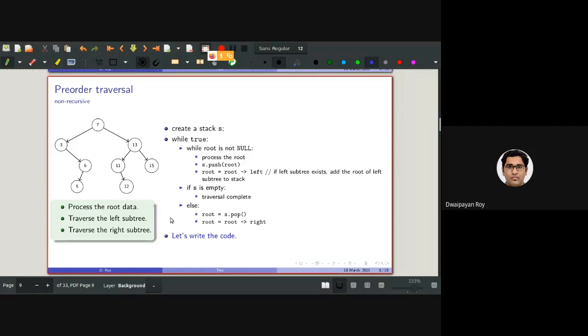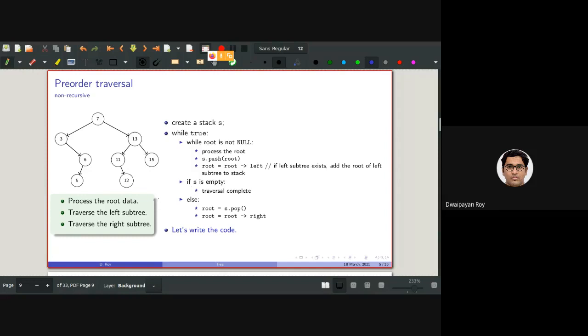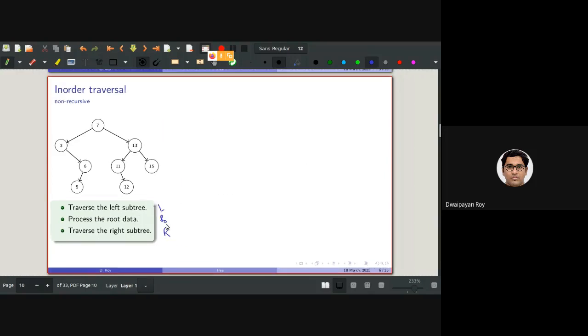But for the in-order traversal, it is left, root, and right, isn't it? Earlier, as I have said, it was root, left, right: process the root data, traverse the left subtree, traverse the right subtree. For in-order, it is left, root, right.